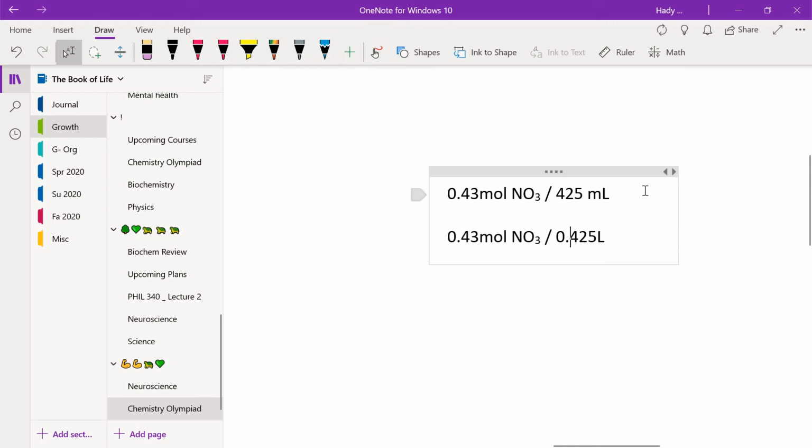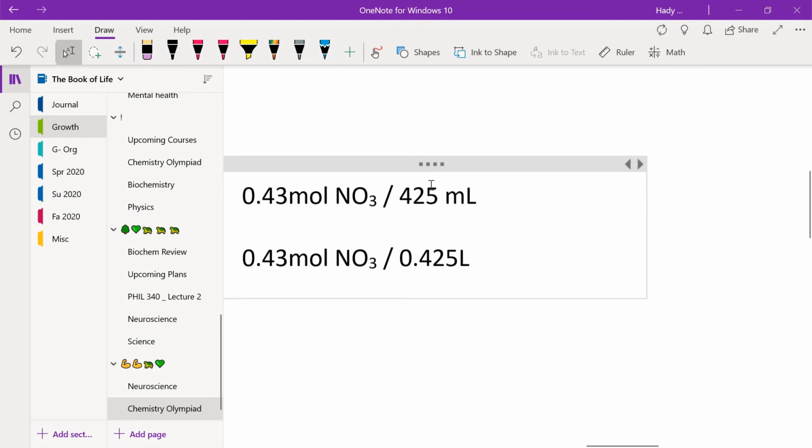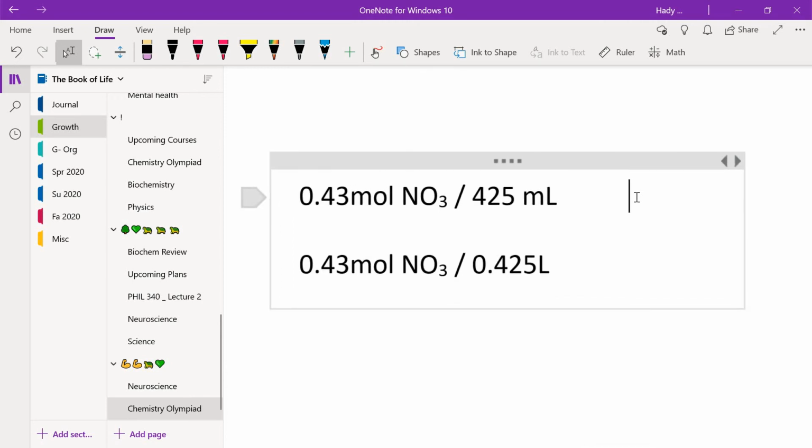But to explain away, like just converting this into liters, you just have that many milliliters. There are 1,000 milliliters in a liter. Each of these is a 1,000th of a liter. So I would divide the bottom by 1,000, which I guess is the same as, well, if I were to